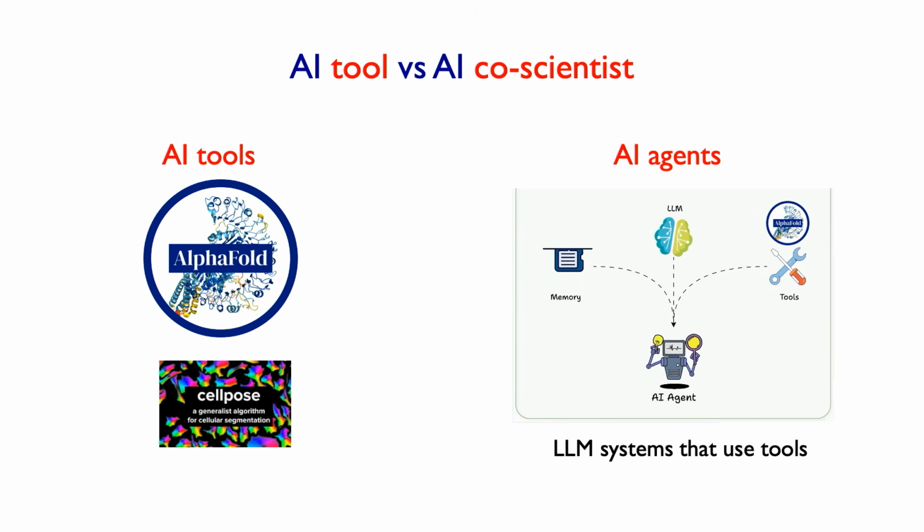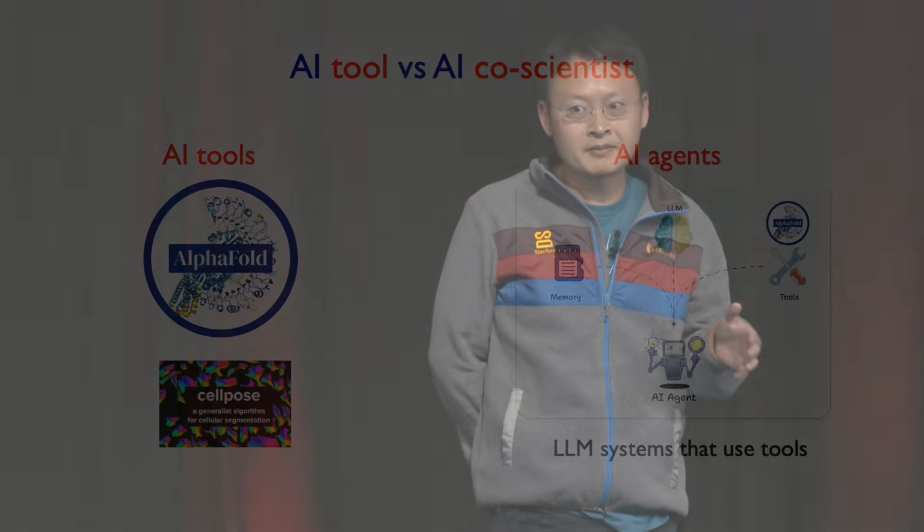I think the broader context of this is that we're in the midst of a really exciting paradigm shift from thinking of AI as a tool for science towards thinking of AI as a scientist by itself. For the past decades, people have been using AI as a tool for solving specific scientific and biomedical problems. For example, if I have the problem of trying to predict structures of proteins, then we can deploy tools like AlphaFold for tackling that problem. But first, you have to have a well-defined problem, and you have to collect the data and figure out how to use these tools.